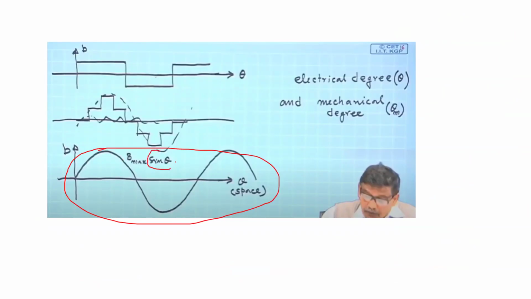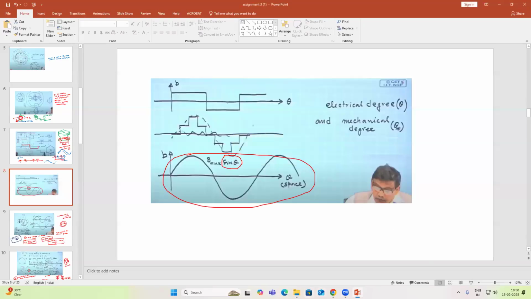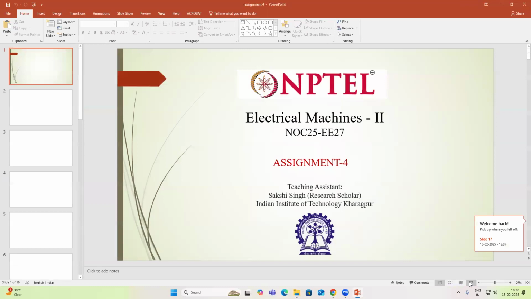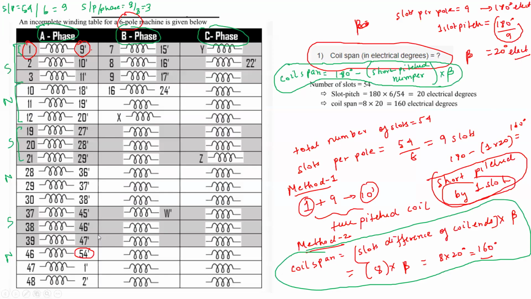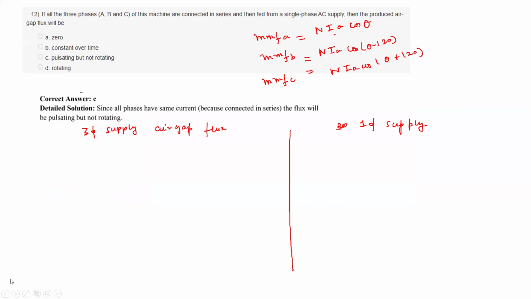I have written it as B max cos theta because I've taken cos theta. You can take anything, but you understand it is sinusoidal. You can approximate it as sinusoidal. But remember, this is due to space distribution. So I'll tell you what this means. Suppose in IA, it is like this, that you have three phases. So you have three phases in the machine, right? So you have your stator like this.